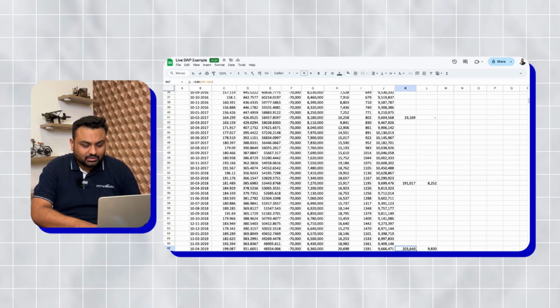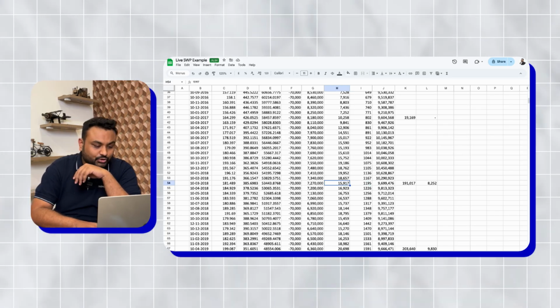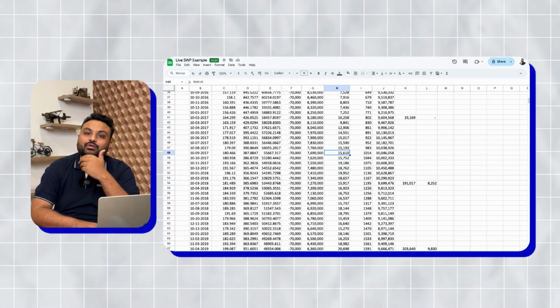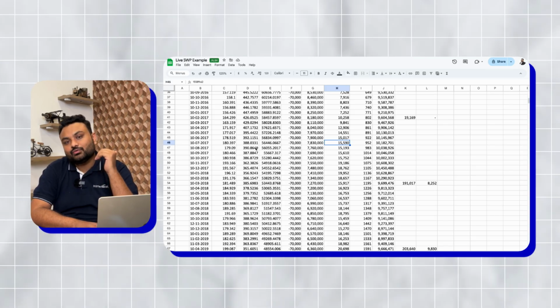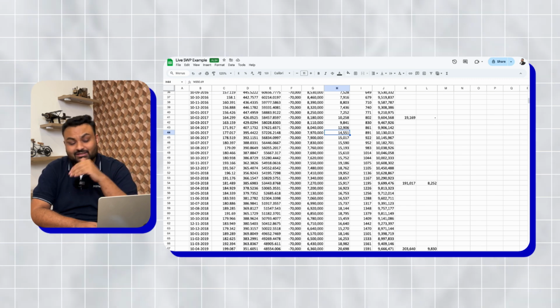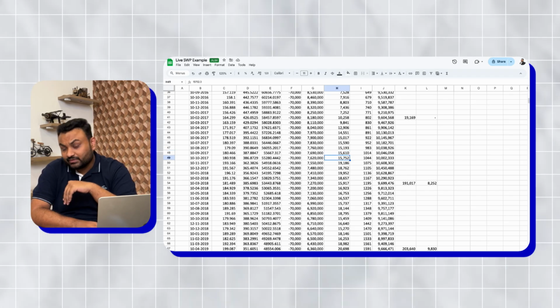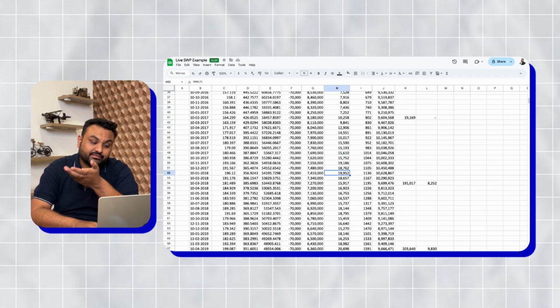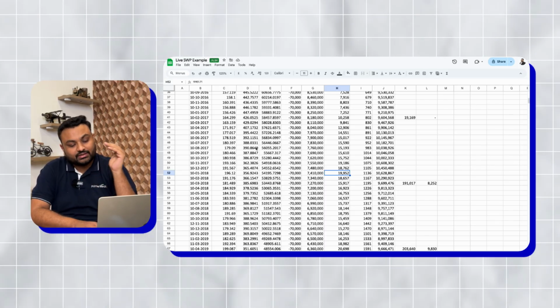Now let me take you to the third year. Now what happened in third year is, because the market kept on going up, you will not see any kind of capital loss for any of the withdrawal. Like I mentioned in the beginning, usually you will see a capital loss for the beginning years only. In this case, every month where there was a 70,000 withdrawal, some month there was a 14,000 capital gain, some month there was a 15,000 capital gain, for some month there was an 18 and 19,000 kind of capital gain. Now the total capital gain for the entire year was